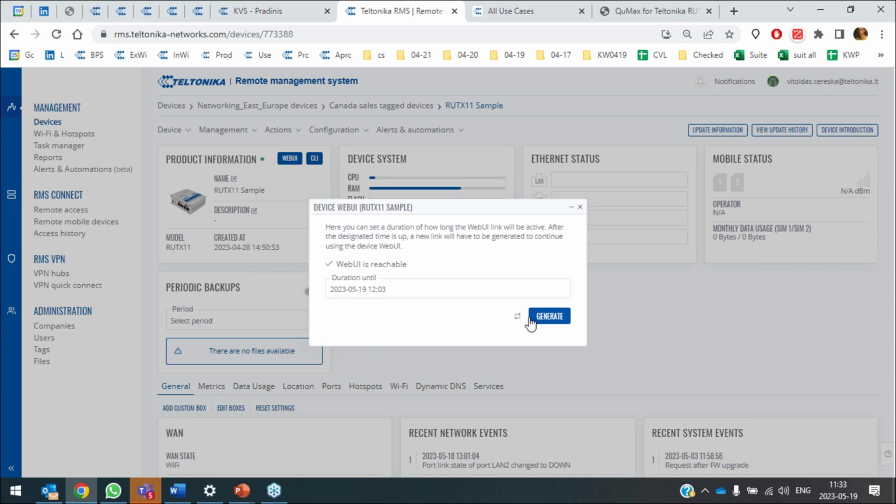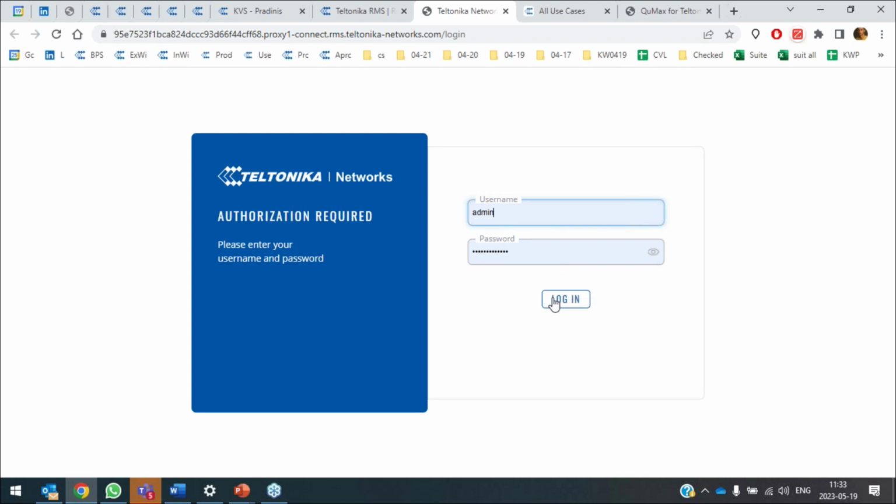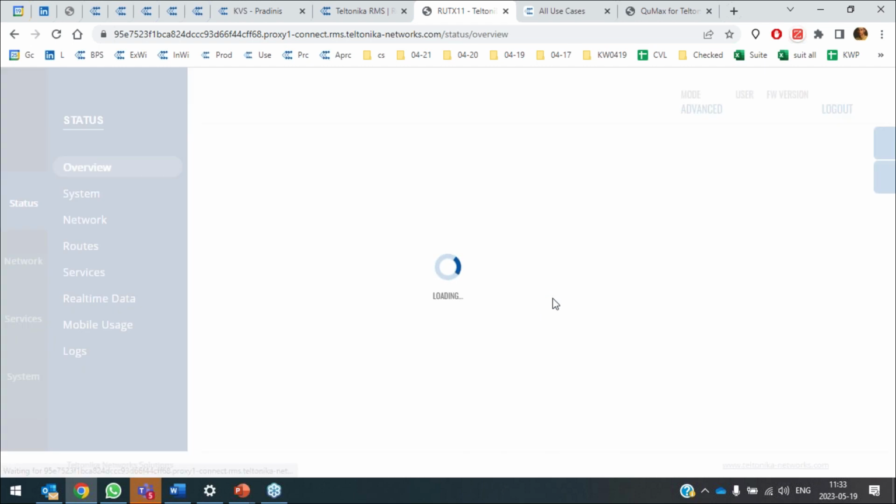Yeah, so then talking about each of the routers specifically, you can actually access the router, as I mentioned, and see the metrics, the stats, the parameters. It's also integrated. You can integrate it with the API. If you have your own platform, you can collect information from this platform and send it to yours. An important feature here is web UI and command line interface access. So you can click on the web UI,